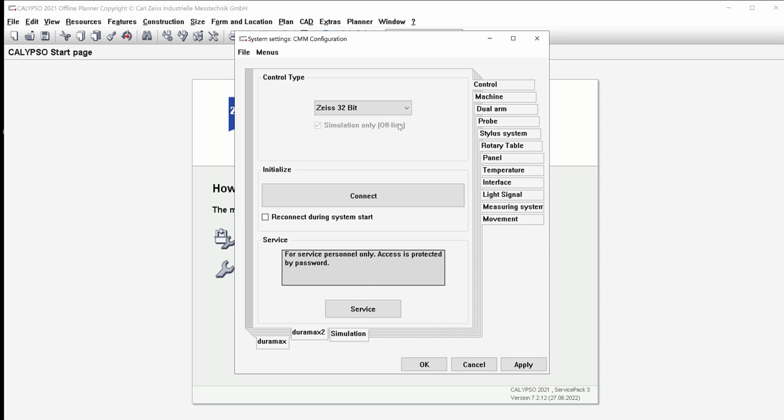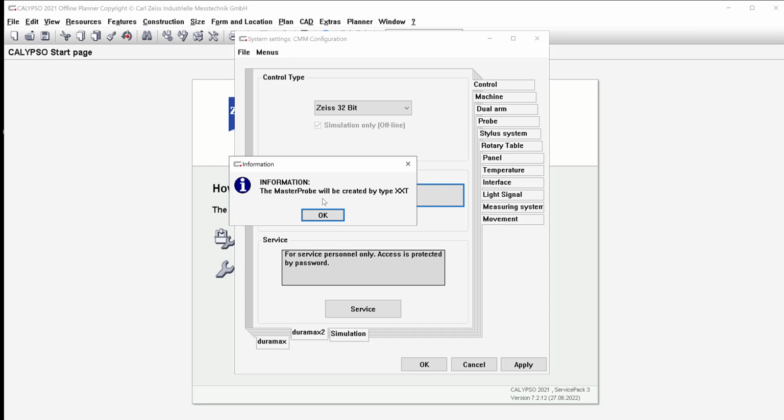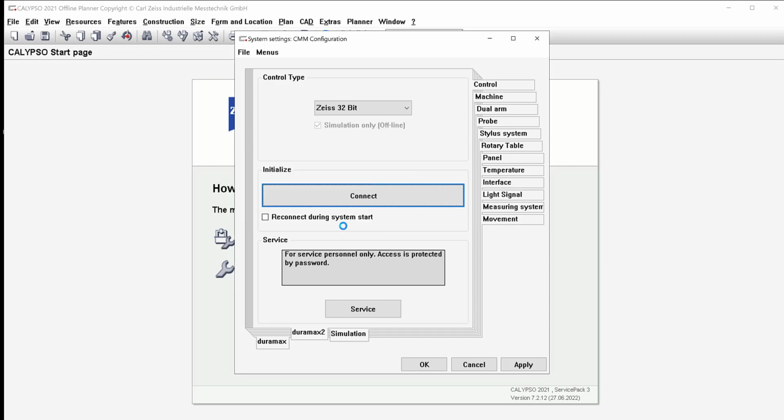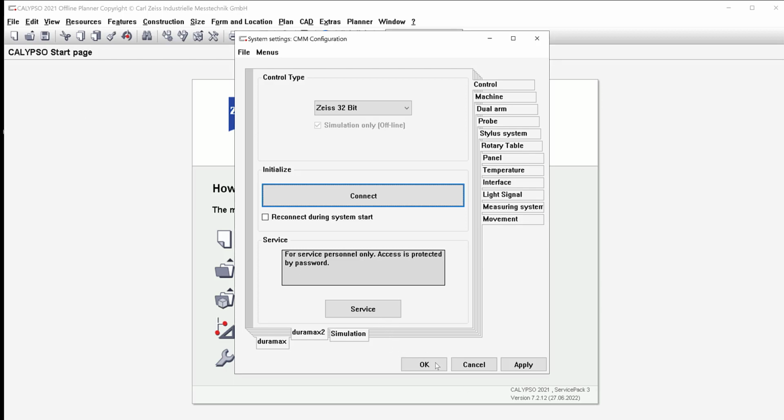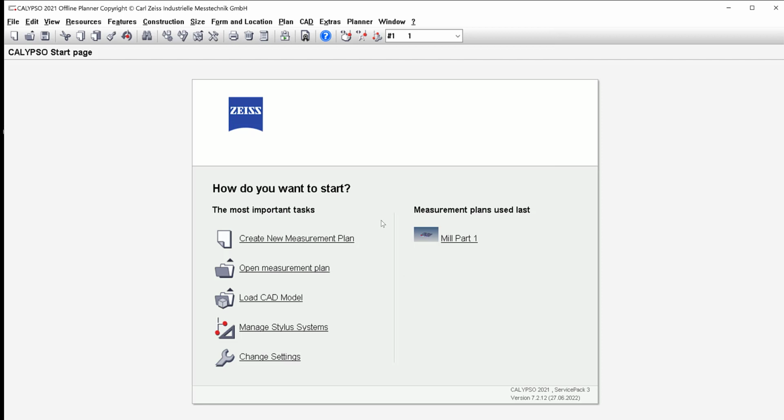So remember, it's going to be simulation offline only. That should not be an option here. Zeiss 32-bit by default. We will connect right now. And it should prompt us that a master probe has been created. Yep, that's perfect. Hit OK. And notice our traffic light appears. Then usually I'll minimize that and hit OK. Alright, and here we go. This should look more familiar. Okay, so once you get that done, I'll put a little transition here, and then we can continue getting our